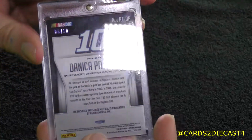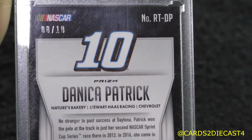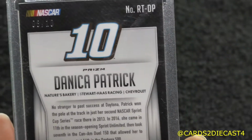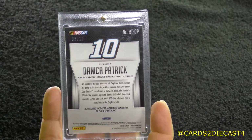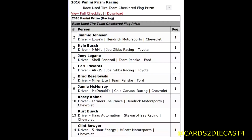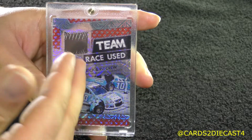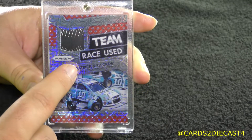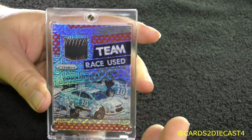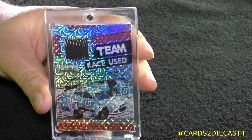When we turn the card around for the actual card number that's stamped on the back, you'll see it's number 8 of 10. So this is actually a pretty rare card. And the thing about this card as well is that there are no checkered flag tires for Danica Patrick under the team race used or blaster or retail version of the tire. So if you have the 1 of 10 of the team race used, you could advertise that if you want to sell it on eBay as a pseudo 1 of 1, because I used to own,